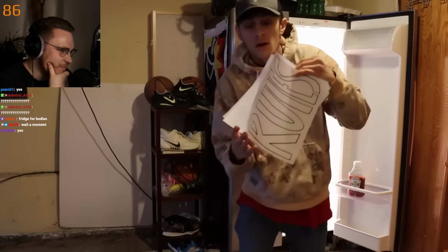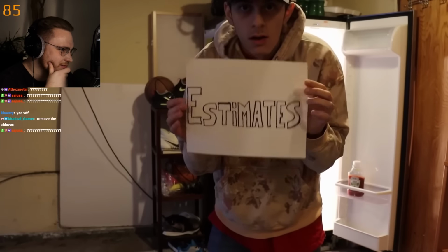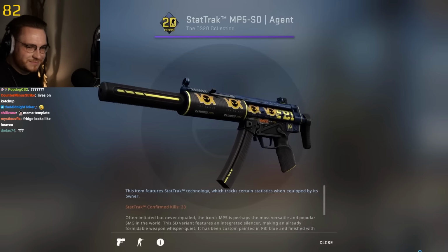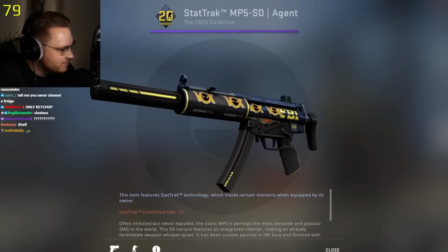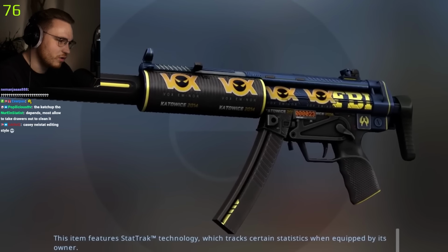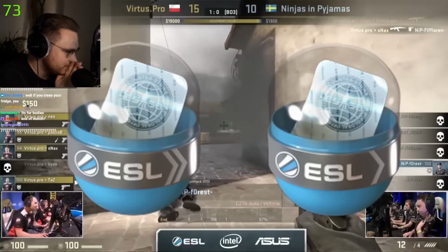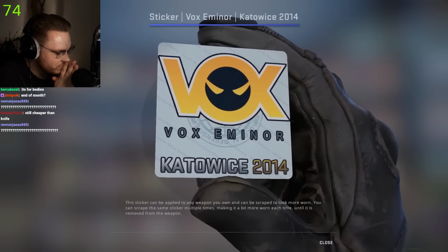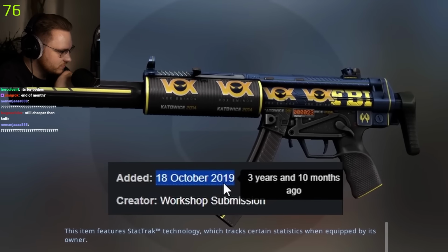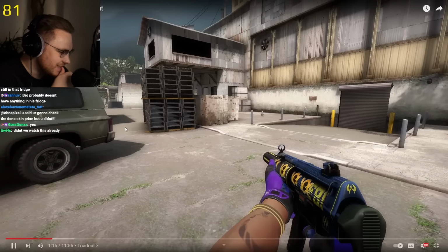Some rules. It must exist, it can't be trade banned, and these prices are just estimates. Okay. Now, our first skin is the MP5 Agent, a weapon that most people have probably never even used. And this one has 4 stickers applied from one of the oldest majors in CSGO, Katowice 2014, otherwise known as Kato stickers. Each one of these will run you about $400. Since this skin is relatively new, and it's on the lowest float of the skin, the stickers will maintain most of their value,